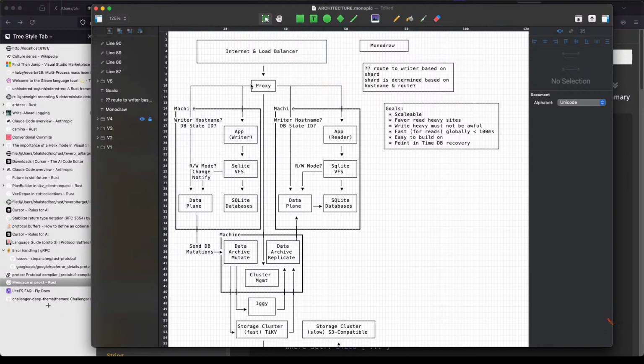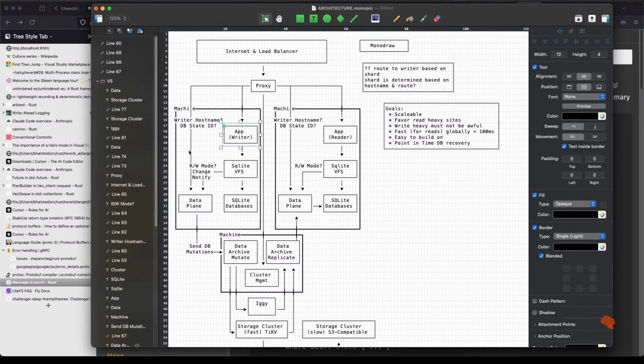So this new system, framework, platform, whatever we want to call it, starts with a proxy. When traffic comes in, the proxy directs the traffic to the readers or the writers. When a mutation comes in, the mutation hits the application, being our content management system.